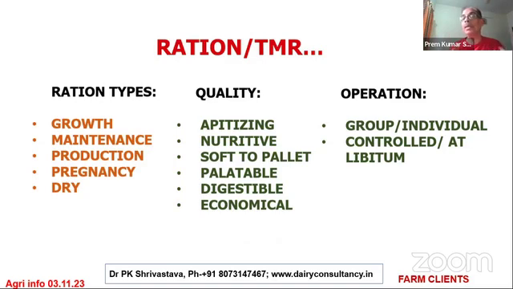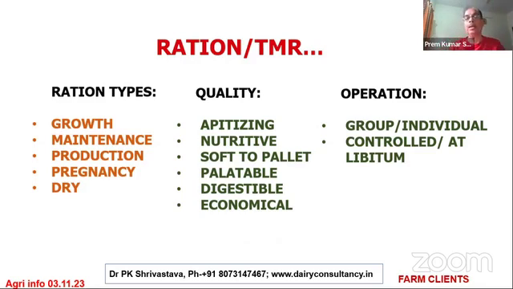And if the cow is already giving milk as well as pregnant, in that case the ration will again change. And the animals which are not giving milk and are empty, they are only dry animals, then again the ration changes. So these are different varieties of ration which we have to keep varying. In our country, generally, you will find that mostly the same kind of ration is fed to all the animals.